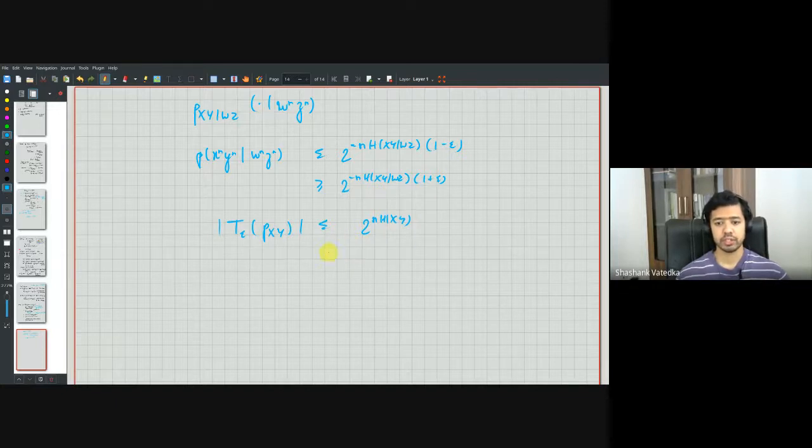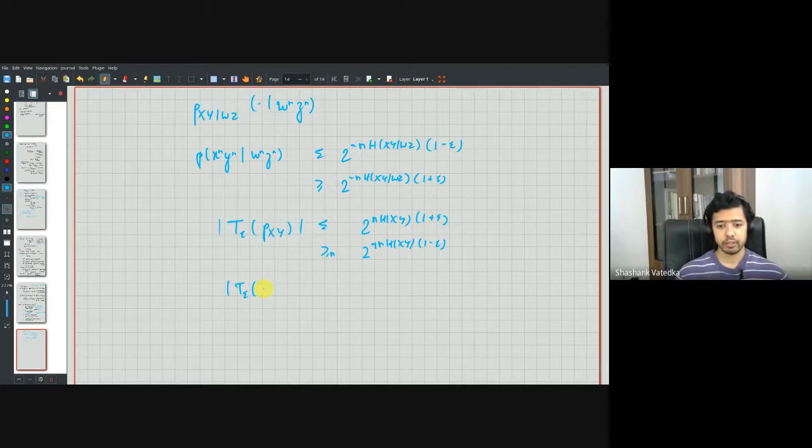And for sufficiently large n, this is going to be greater than or equal to 2 to the n times h of xy times 1 minus epsilon. And the size of conditional typical sets will always have conditional entropies in the exponent. So this is the number of xy pairs which are jointly epsilon typical. Now if you want to know the number of y sequences which are jointly typical with respect to a particular xn,